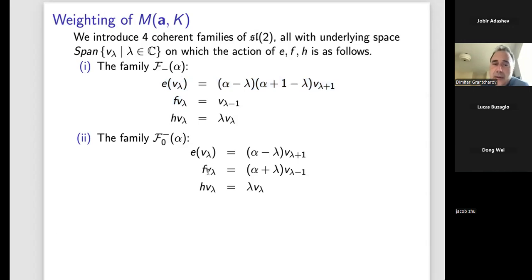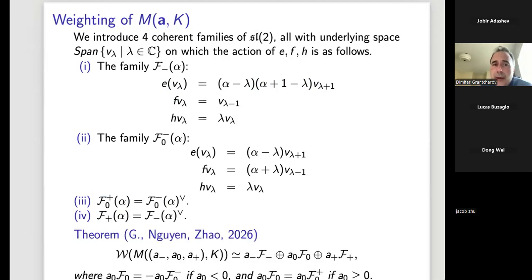And here, again, you will have some switch, which in a way can be explained with changing alpha, but that's another thing. But let's just put that we have two more families, which I denote naturally by F plus and F0 plus. So F0 plus can be explained with another F0 minus when you need to change alpha, but it's good to keep F0 plus for the upcoming theorem.